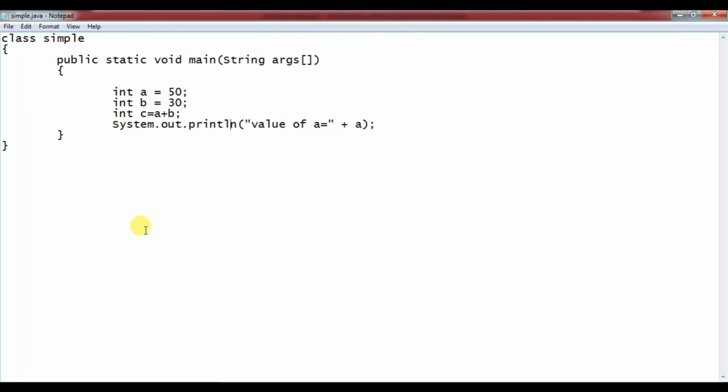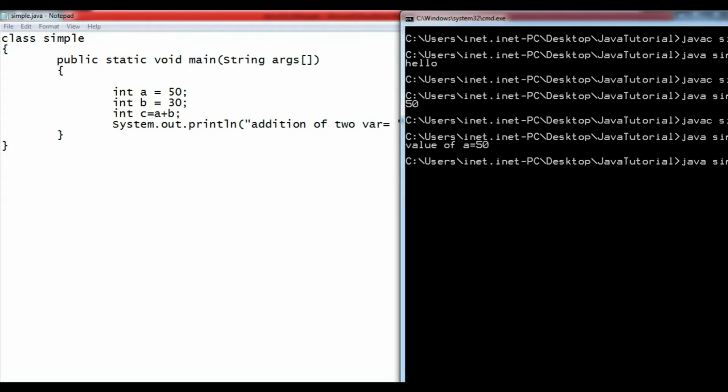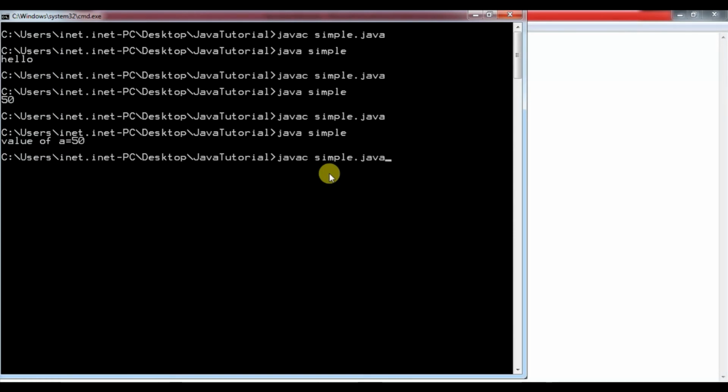Now to print the addition, I can write the addition of two variables is equal to, plus, I have to write c because c is going to store the addition of these two previous variables. Let's save it and again compile and run it. Compile with javac simple.java.